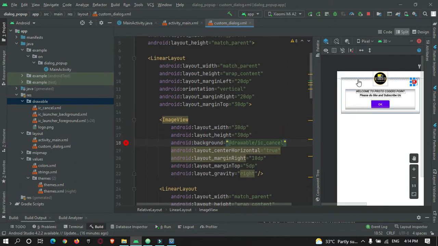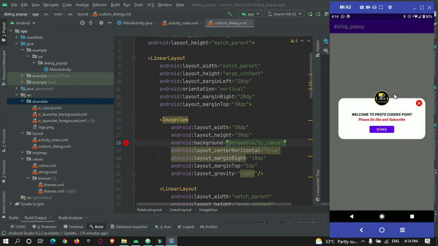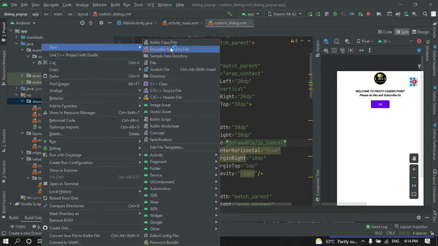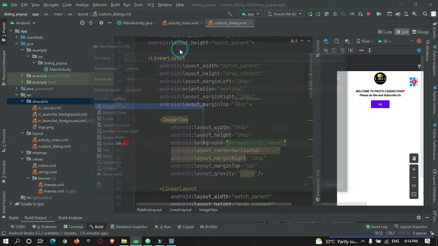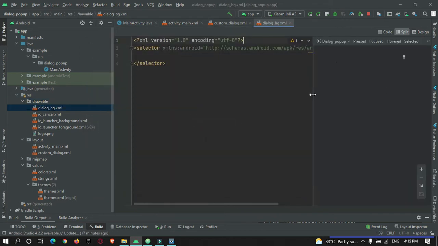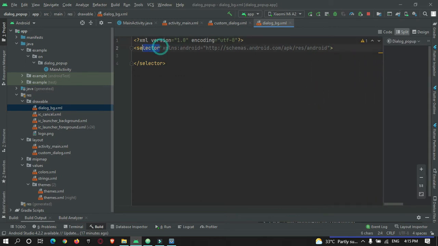So now this is a complete square. To give a corner radius like this, you need to create one more XML file. So let's create a drawable resource and name it dialog background dot xml. So here, first change this to inset.